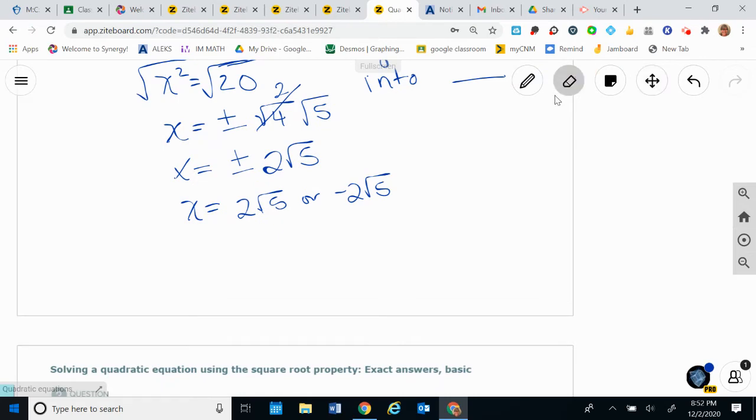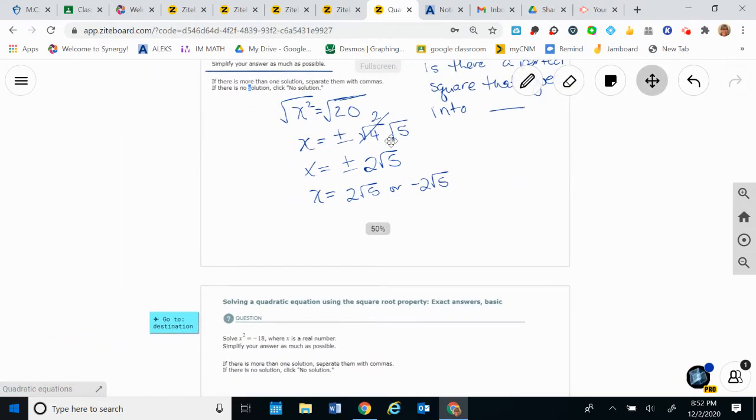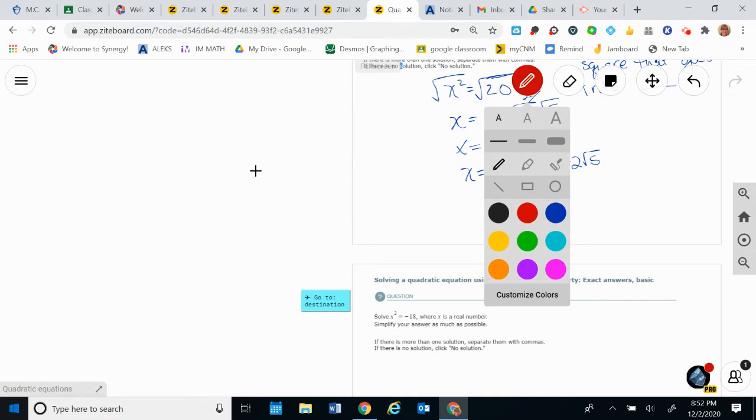Let's stop with x squared. Let's do something more fun. Let's shrink this down a little bit. Okay, let's move it over here. And let's do x squared